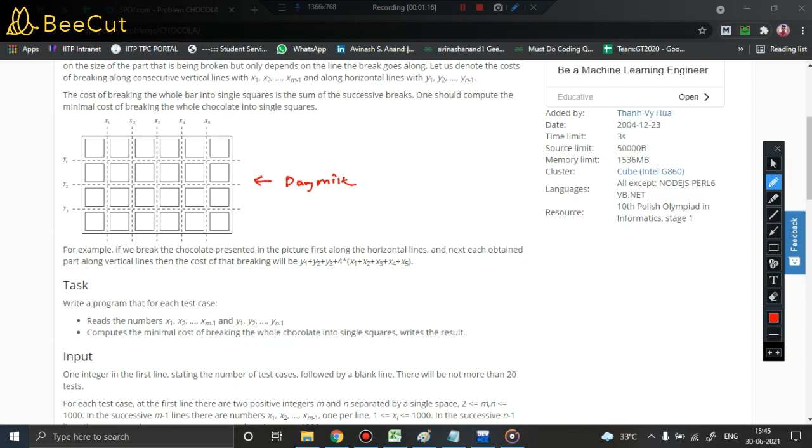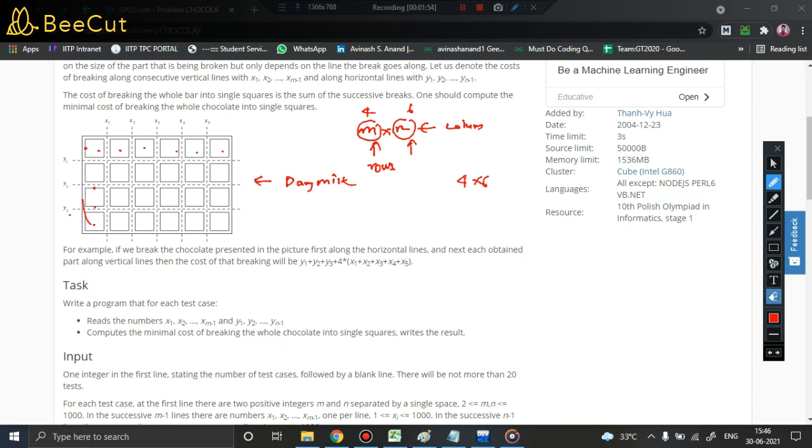You can see that this is a rectangular block of chocolate, and it has some columns and some number of rows. So it is of size m cross n, where m is the number of rows and n is the number of columns in the grid. In this chocolate grid, the number of rows is 1 2 3 4, and the number of columns is 1 2 3 4 5 6. So this is a 4 cross 6 Cadbury Dairy Milk chocolate.